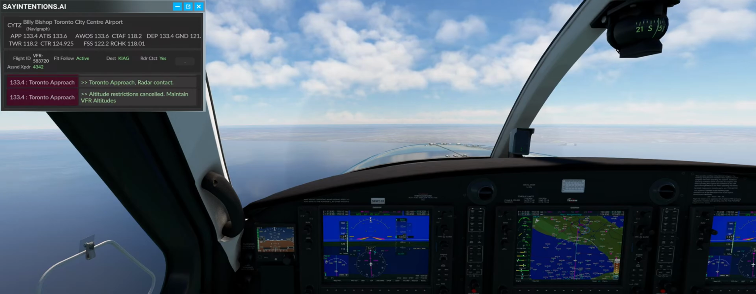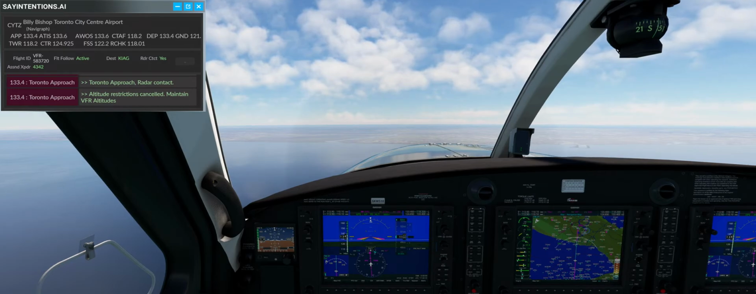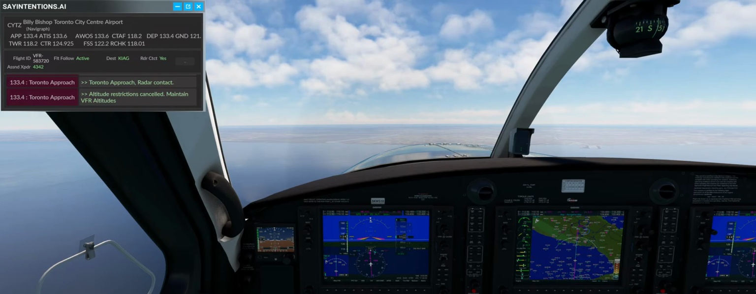Let's see, how should we do this actually? Because we're on the border. We'll be fine actually. Niagara Falls is like right on the borderline of Toronto Tower. And what's the other frequency? Cleveland